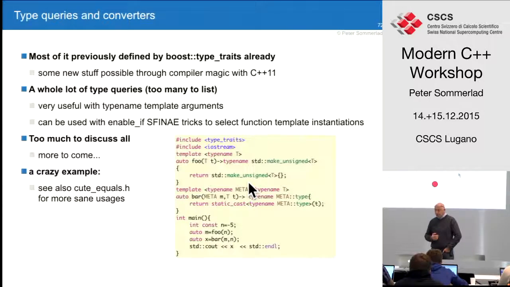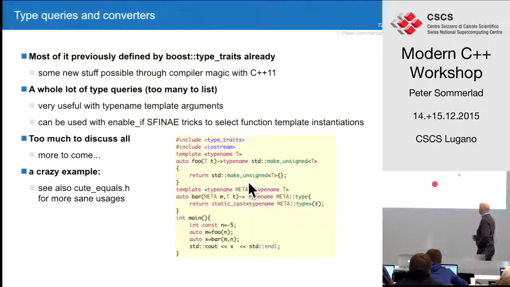If you know that the domain of the values is suitable, you can take an integral value and return the corresponding unsigned type with std::make_unsigned from any kind of T, and this way we can call foo with an integer value, and it will give us the corresponding unsigned type as a return type and its default value.